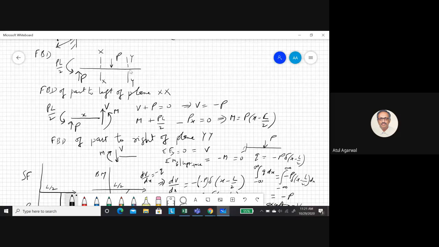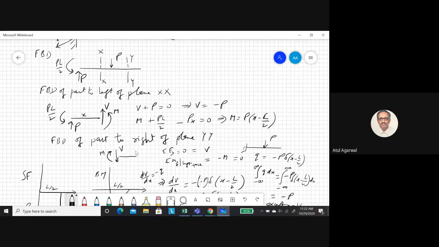You see this drawing. Here I have drawn the free body diagram to the right of this plane YY. So positive shear force is downwards because the area normal of this face is negative. So you need a negative vertical force and negative moment, so you see this clockwise moment. So bending moment and shear force have a sign convention similar to stresses. You need both the area normal as well as force and moment as per static sign convention. The combination results in a positive or negative shear force and bending moment. This I have already explained many times.